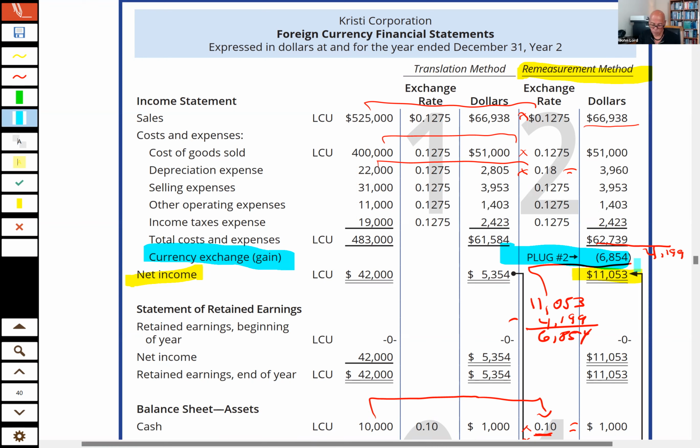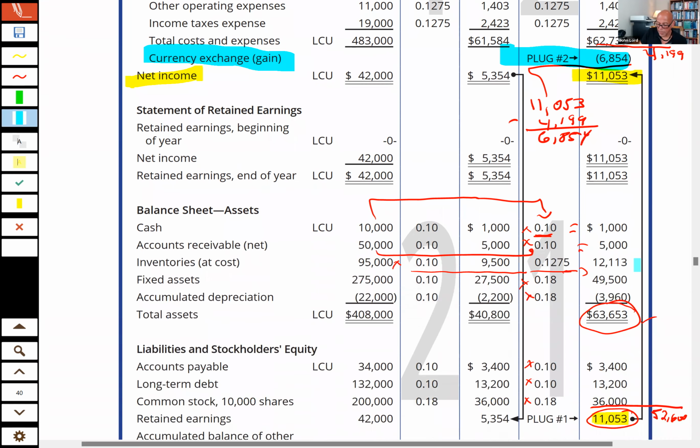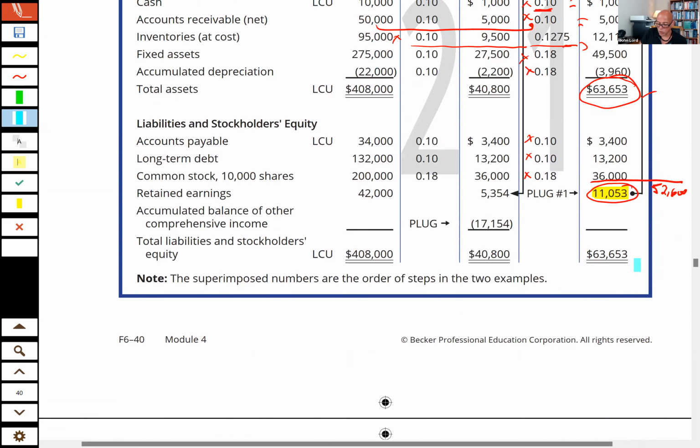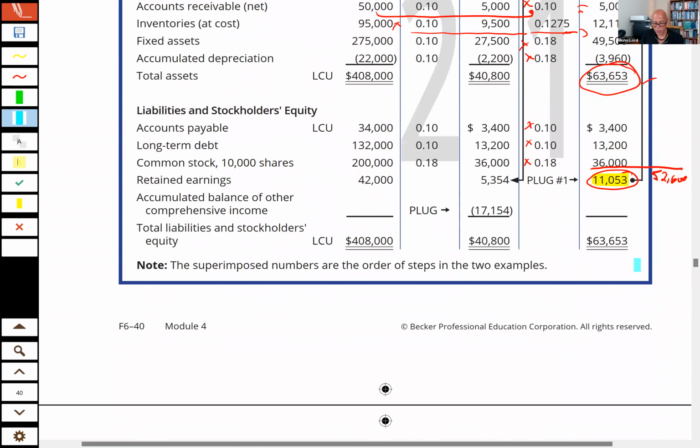Okay, now, one thing that I think is worth pointing out here, in this little example, they assumed it was year 1 of the operations and they assumed that there were no dividends. The examiners are not bound by that, okay? The examiners may likely tell you that the beginning balance